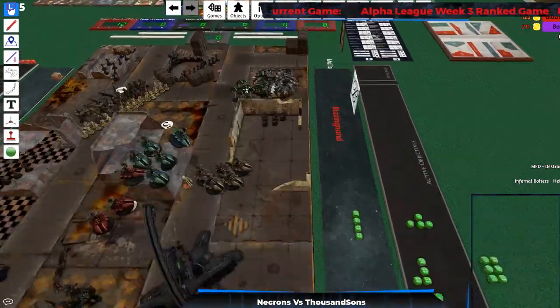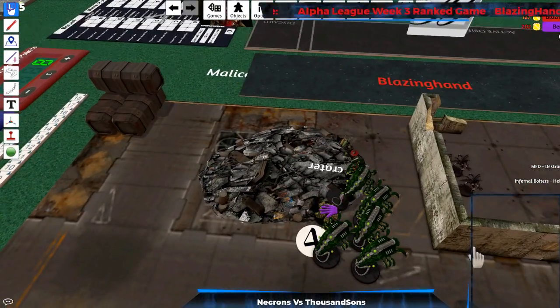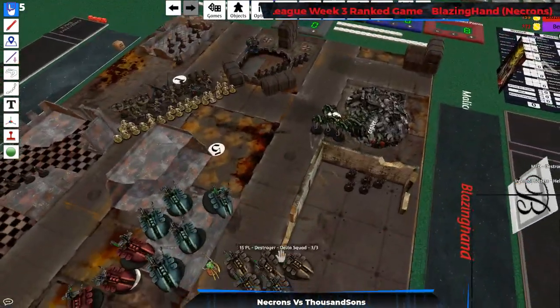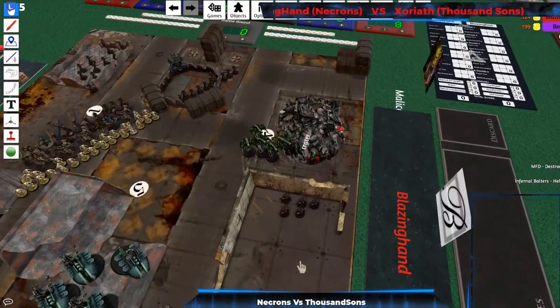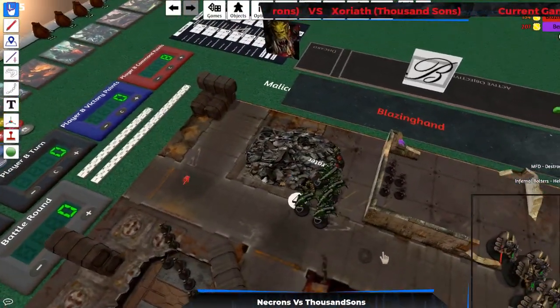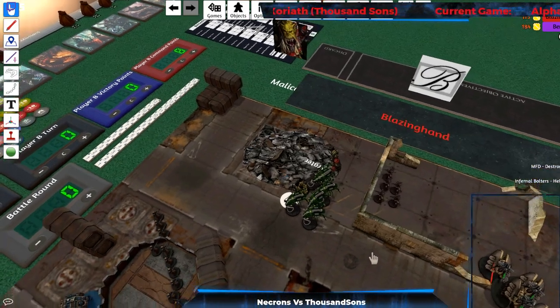Okay, your Nurgling here gets to fight back. Double check that. So it's got 4 attacks, hitting on 4s. Wounding on 6s, rerolling 1s. 1 wound. 3 up invulnerable. Failed, so I'm going to put that on this guy here. He's down to 2 out of 3 hit points. Alright. I guess these guys should consolidate 3 inches. Now they'll stay right there. Okay,